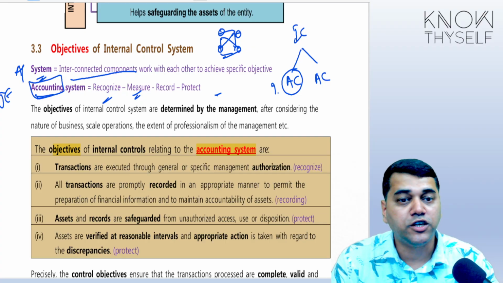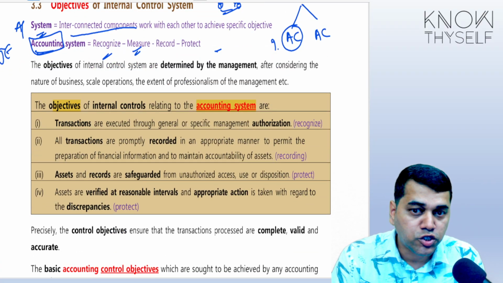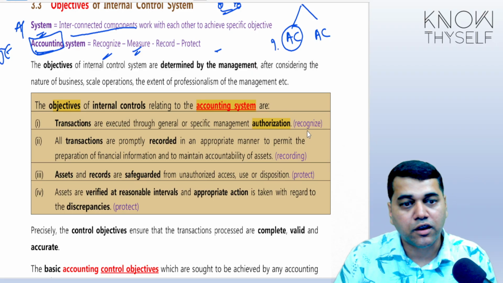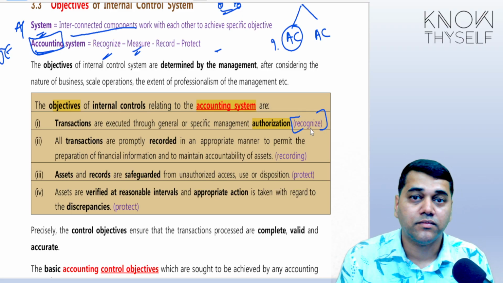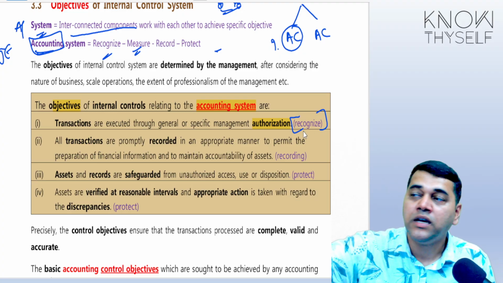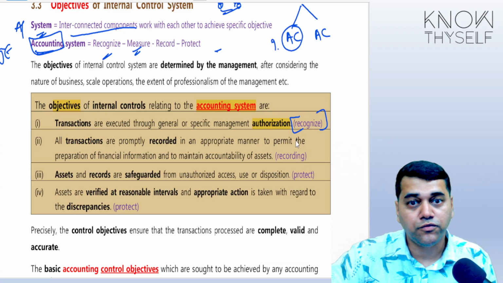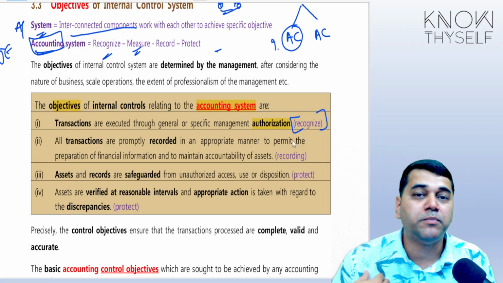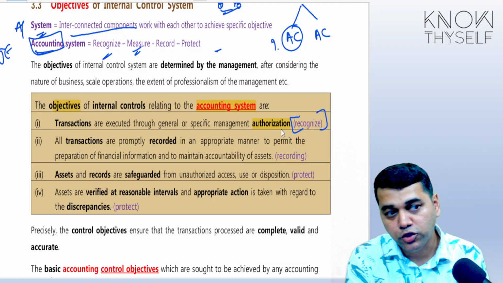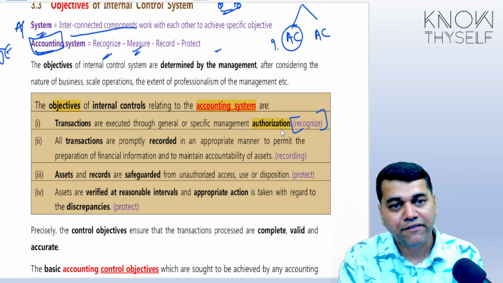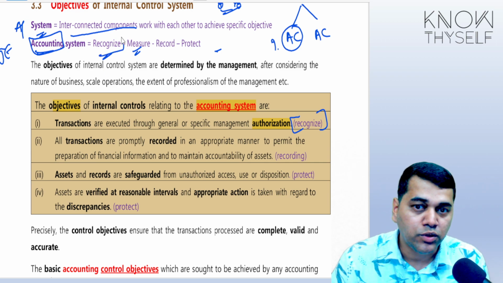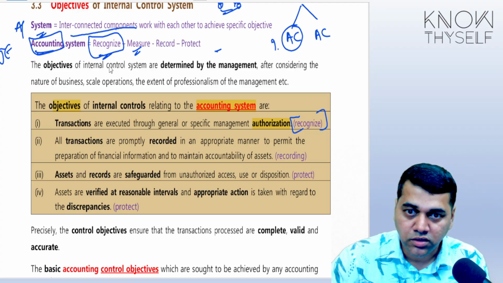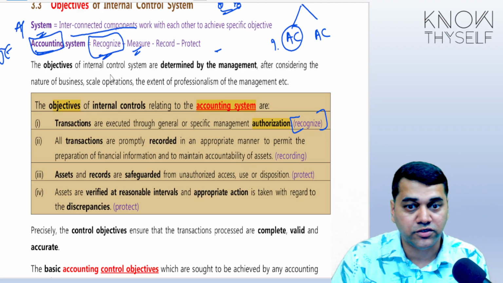That's why we call it an accounting system. What is the objective of this accounting system? First of all, to ensure the transactions have got authorization. That means any transaction we will account only if it is authorized. That means we recognize only if it is authorized. For example, the kid goes out and buys something. Now, father says, no, I'm not going to pay for this because you didn't ask my permission. That means that particular inventory is not having entry into the house at all. You got my point? So, first of all, the objective is to see that whatever you are going to account, you have recognized it, that means it has come through authorization.